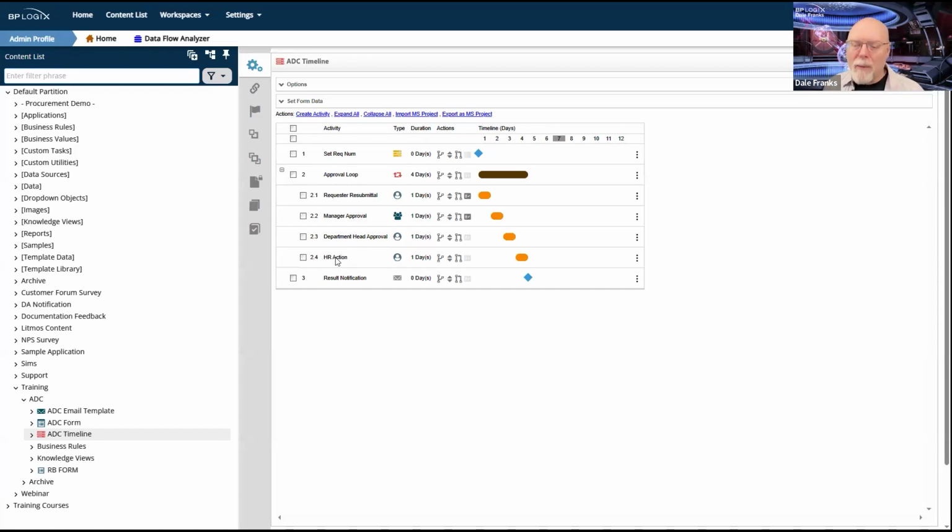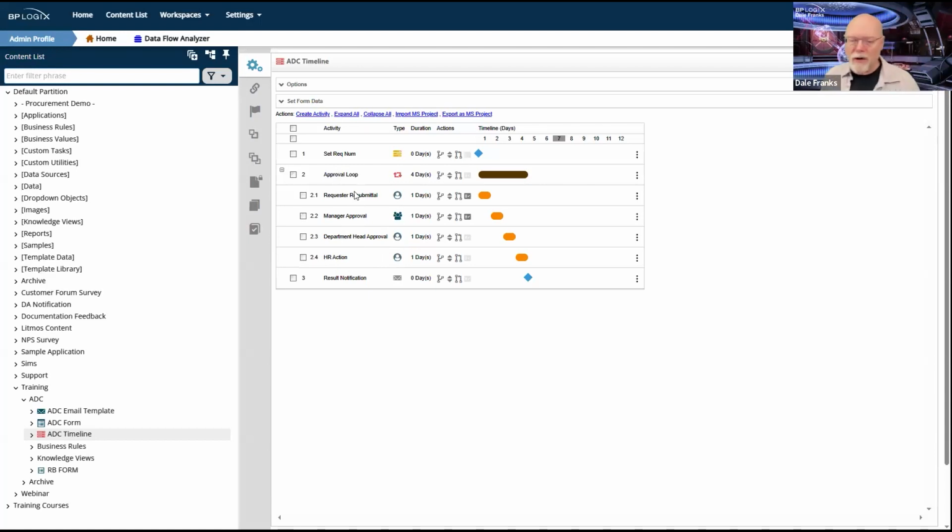So no matter what we're going to do on this request, at some point it's going to end up in HR's hands, and they're going to have to do something about it. So we'll worry about what actually it is that they do outside of the context here. We're just going to give them a task and give them an opportunity to make comments, and then they'll just do whatever it is that they do. So these are my 4 activities. I think that catches us up.